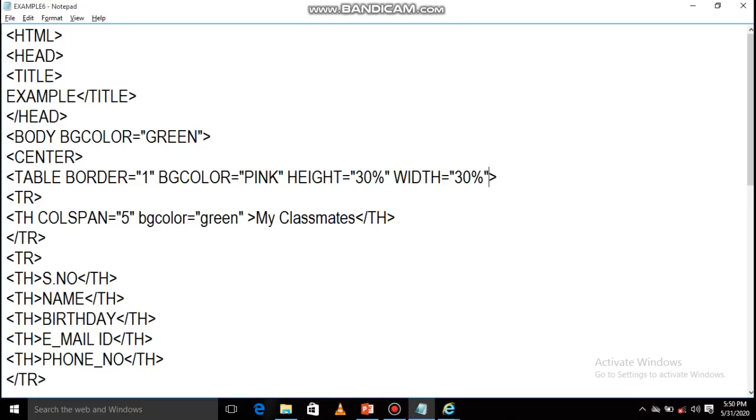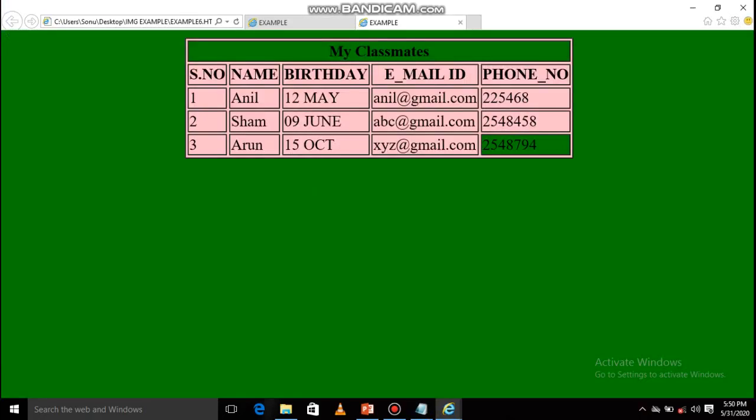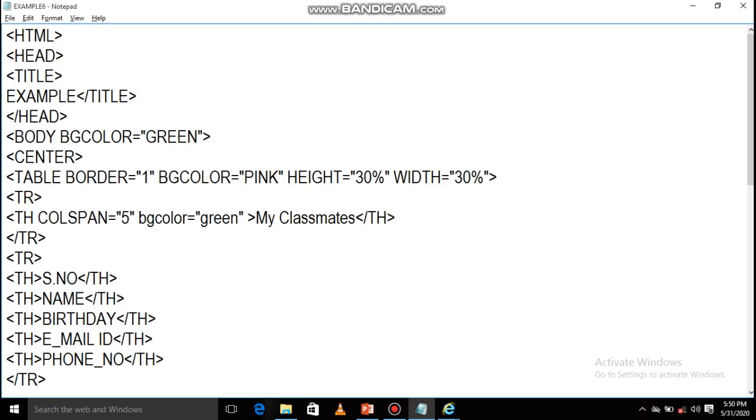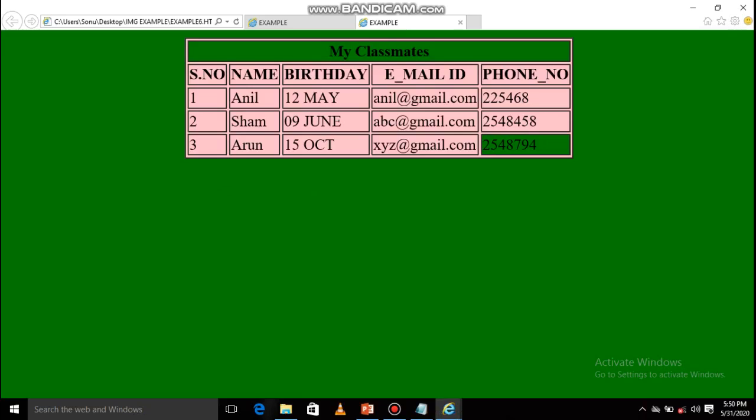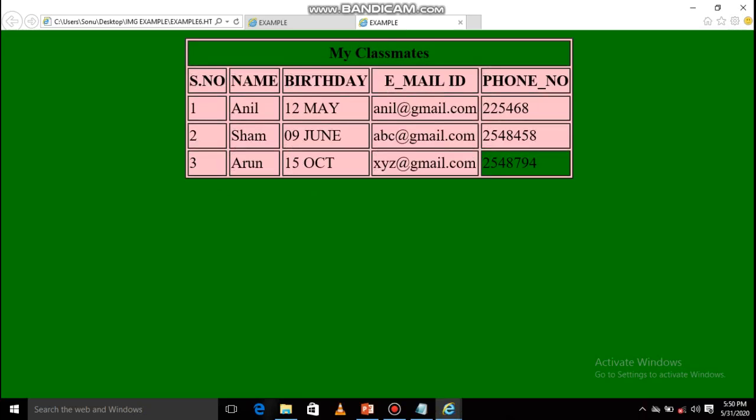Save these changes, go to the browser, press F5. Suppose here make it 40, this also make it 40, go here and refresh. Now see, the table size is changed.